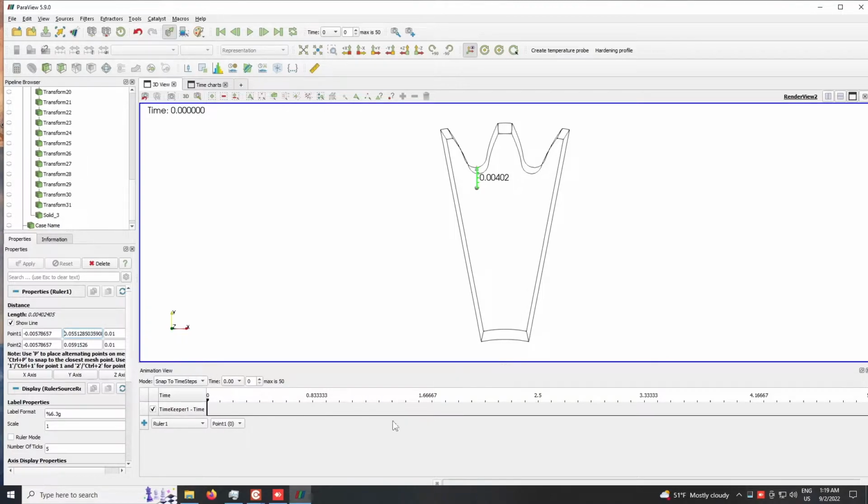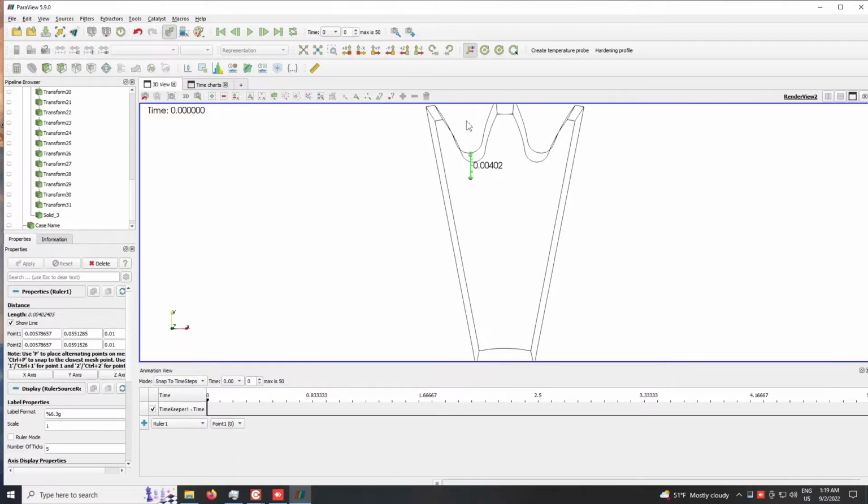And as you can see in this animation view, I already have one animation span, which is my time annotation. As you can see, this does change depending on time. So that's why one animation persists in here. And what we need to do is add the ruler animation, since in this case the hardening starts from the very edge and goes down below. We do not need to change both of the points, we just need to change the below point, which was our first point, to grow